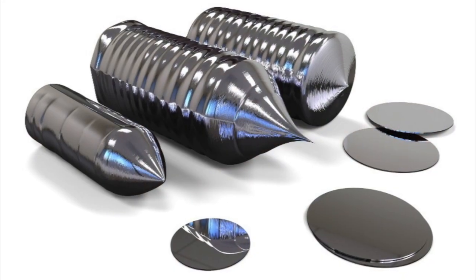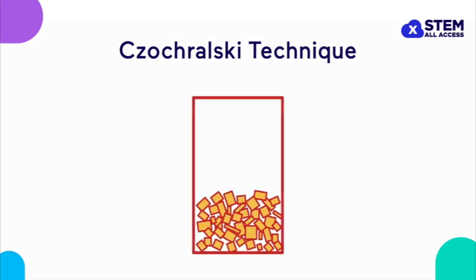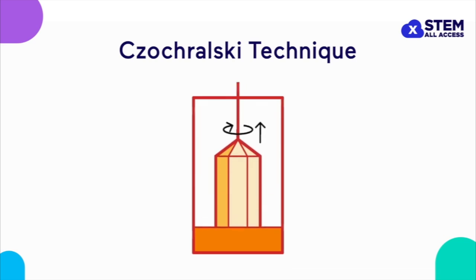But to make a semiconductor device, you must first grow a semiconductor crystal. The Czochralski technique is the basis for most semiconductor crystal growth done on Earth today. That's what's called a melt growth technique, which just means the crystal is slowly cooled and solidified from its liquid state. To do this, polycrystalline material, which can range in consistency from sand-like powder to marble-sized chunks, is loaded into